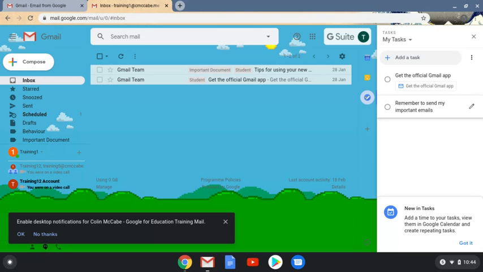So again, that's been a really quick overview of some of the tools within Gmail. There's a lot more, and I'm sure that people who are using it